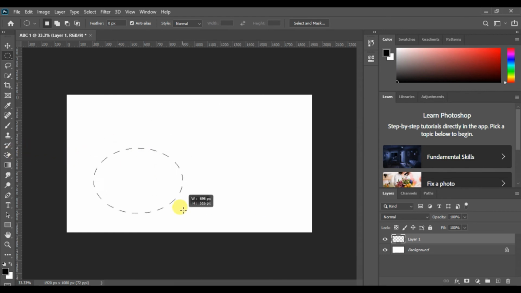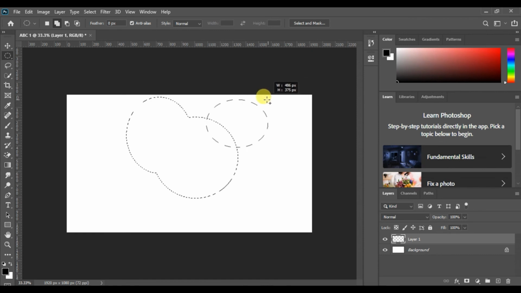These options are also the same as the rectangular marquee tool, but the difference is in their shapes, but they have the same functions. Now have a look at the last two options.